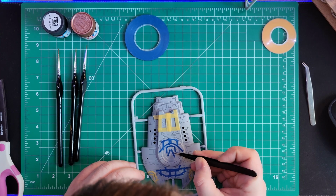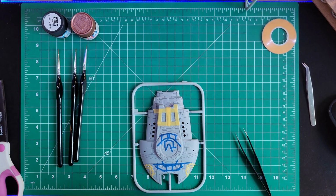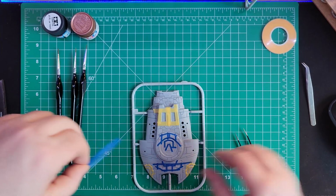Alright. It's nice and straight in there. I'm just pressing down to make sure that we're sealed in. I do not want to have any paint bleed,